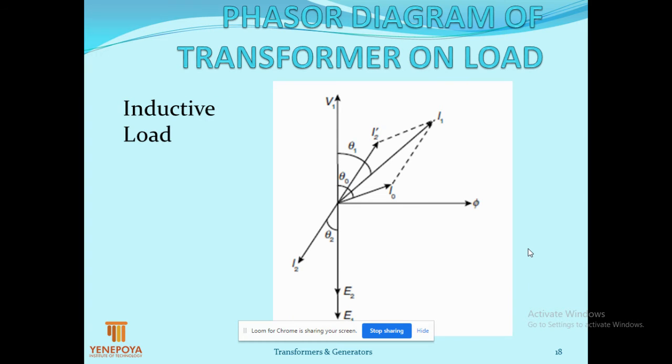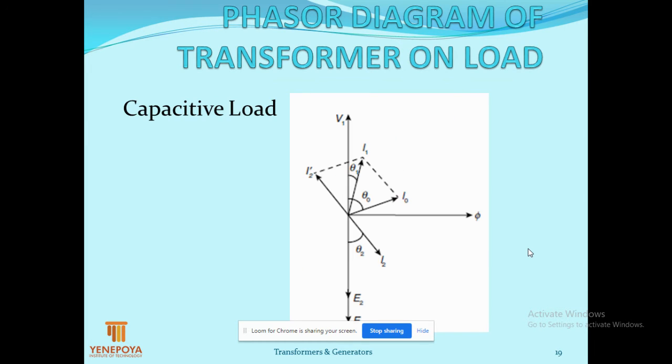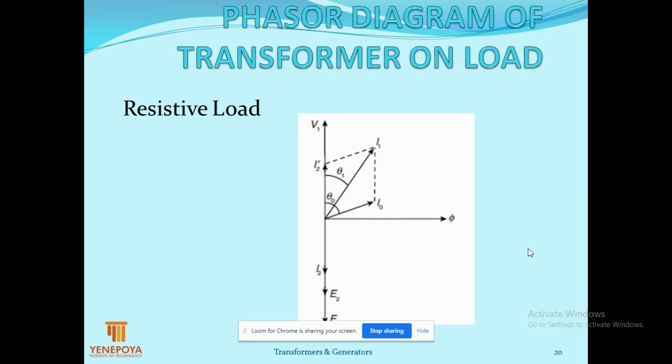Now we will get into drawing the phasor diagram of a practical transformer on load. Here you have to show all the components. As we know, you have to take flux φ as reference, with resistive load, or unity power factor load, lagging or inductive load, and leading or capacitive load. These are three vectors you have to draw for the different types of load, because whatever load we use, it may be resistive, inductive, capacitive, or a combination of these. Clear? Here you have to draw the phasor diagram for the transformer on load.